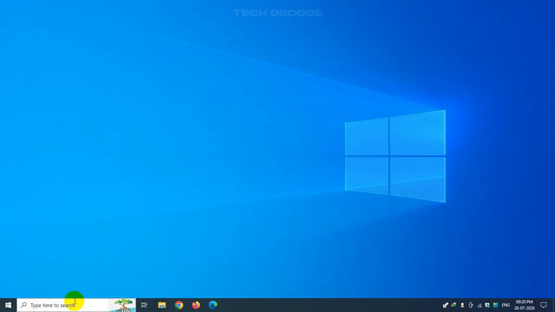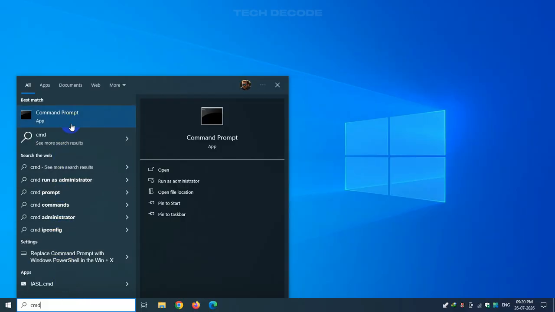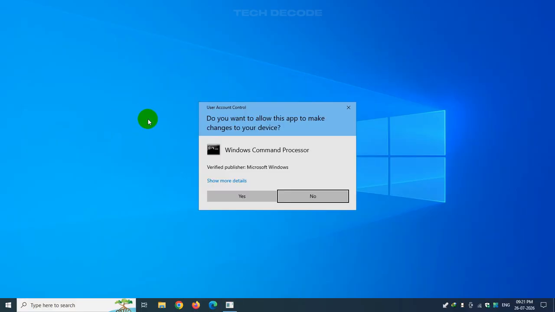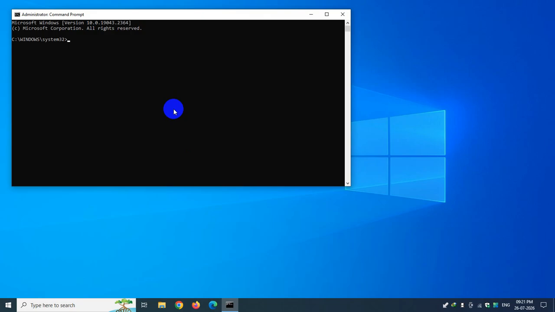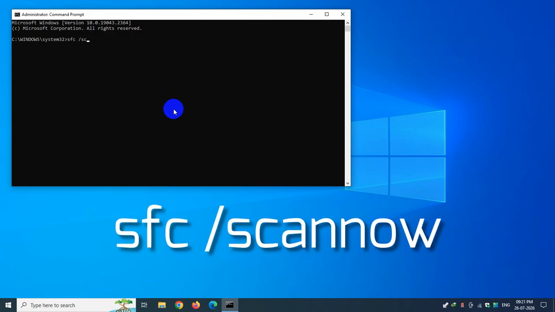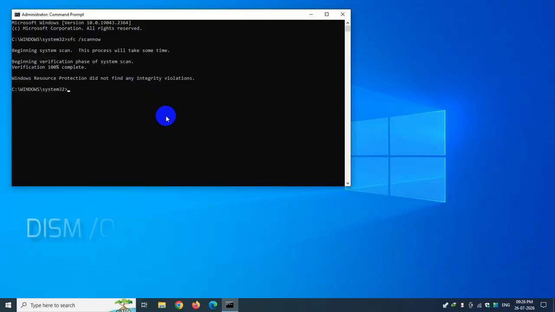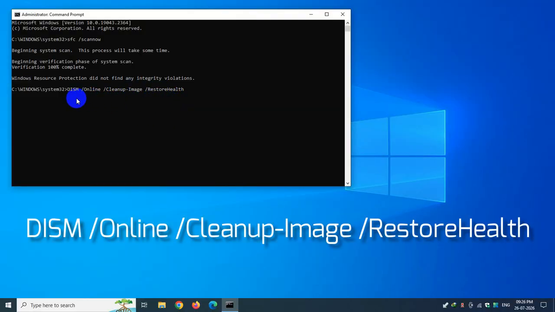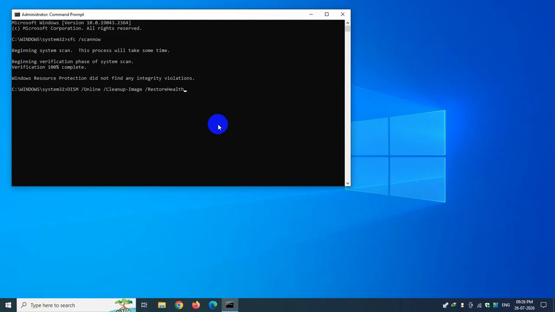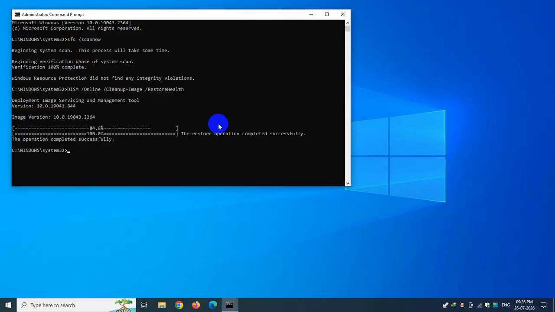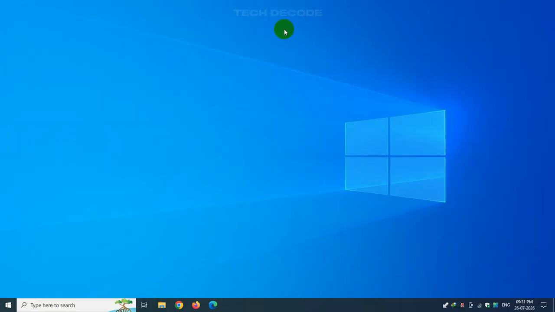In the next method, search for command prompt. Right click over it and run it as administrator. Now type in the command sfc /scannow and hit enter to execute it and wait for the process to finish. Once done, type in the next command you see on the screen and execute it. Once successfully completed, close the command prompt window and restart your computer for the changes to take effect, and this